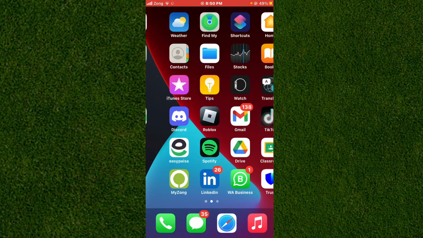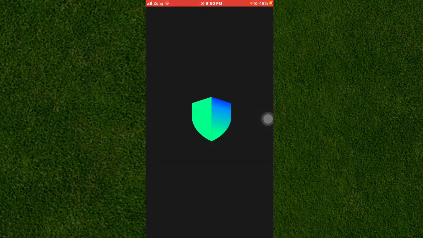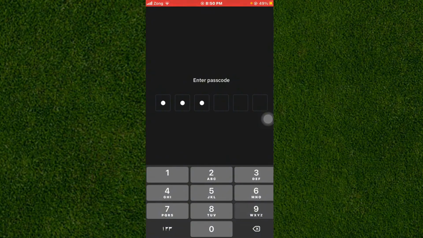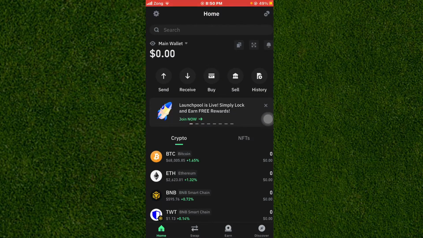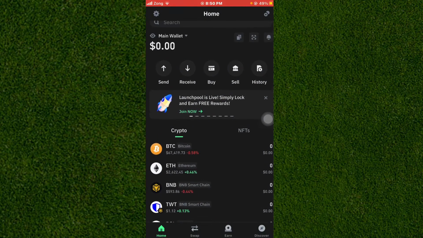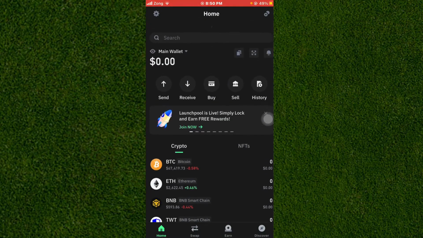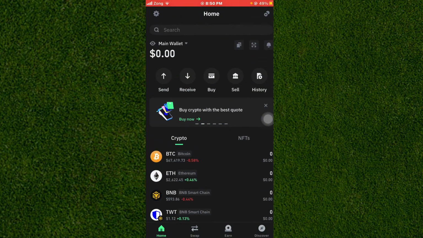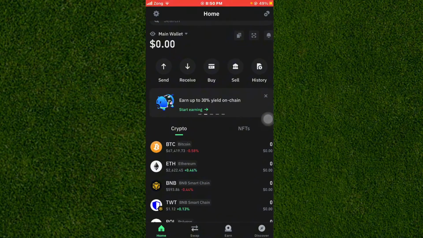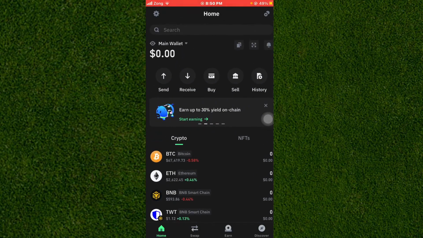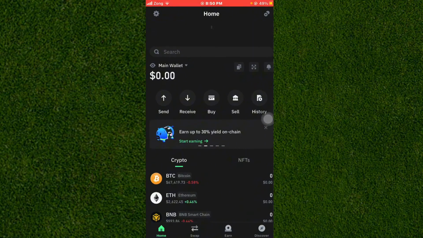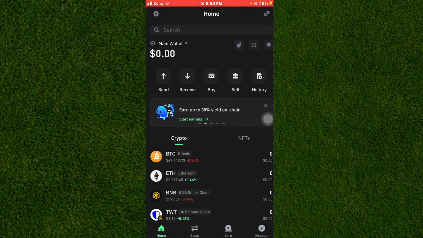First off, you can open up your Trust Wallet, and the first thing you need to do is put in your password. After that, you see this kind of interface. Now you may have bought a coin and it's not showing in this Trust Wallet. So what you can do is simply tap on this